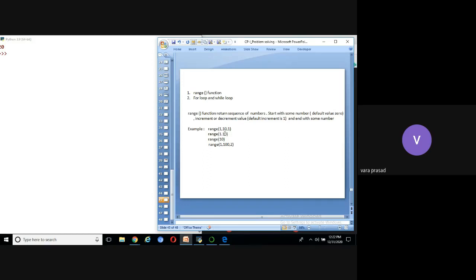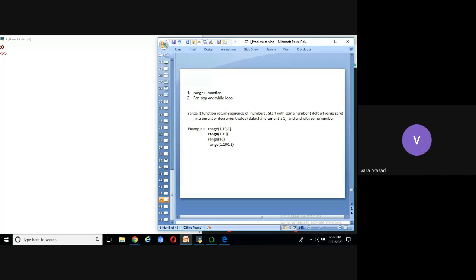Now we can see the second one: range(1, 10), the third parameter is missing. What is the third parameter? Increment or decrement the starting value. If you don't specify the third parameter, the default value is 1. Starting value is 1, ending value is 10.